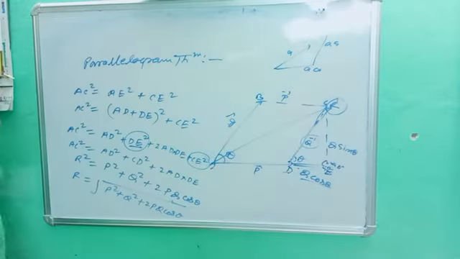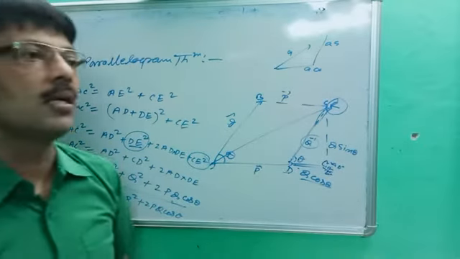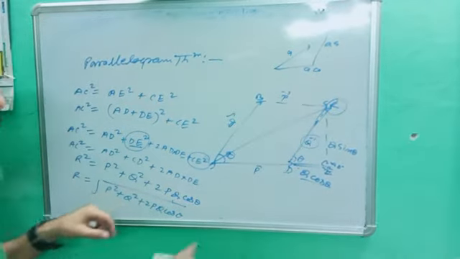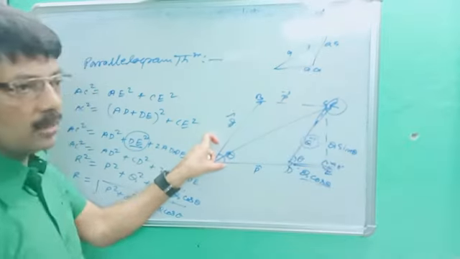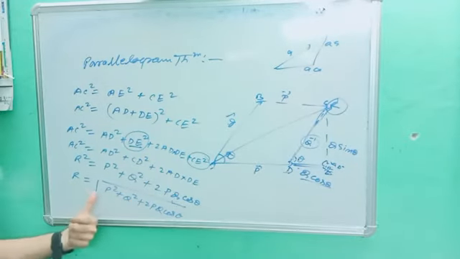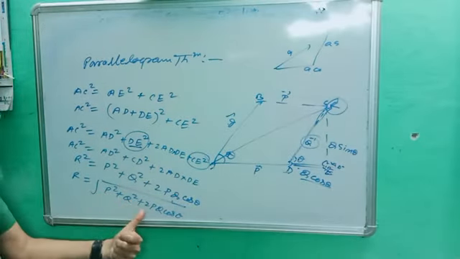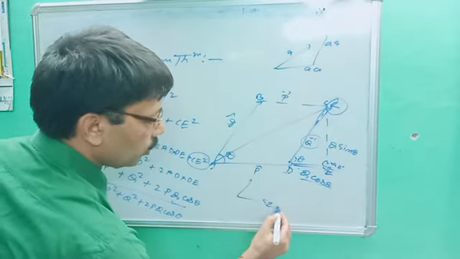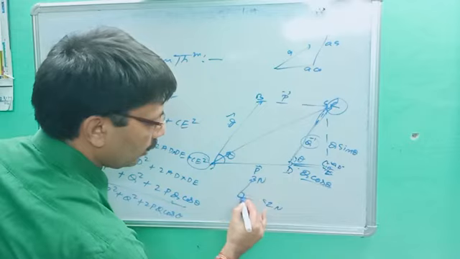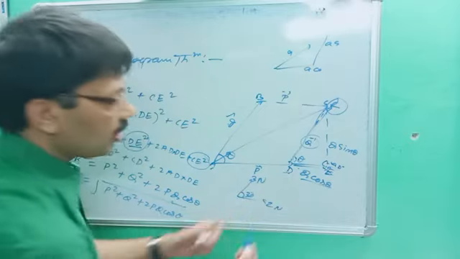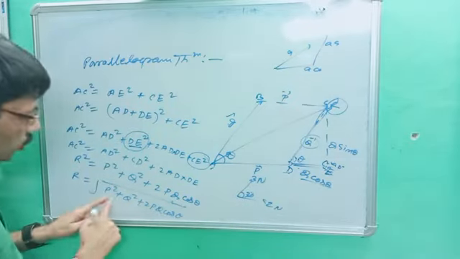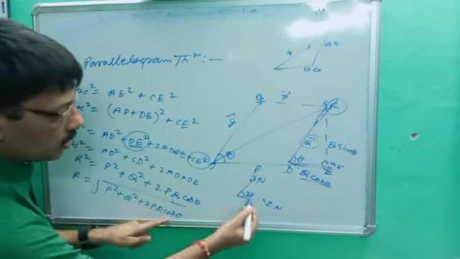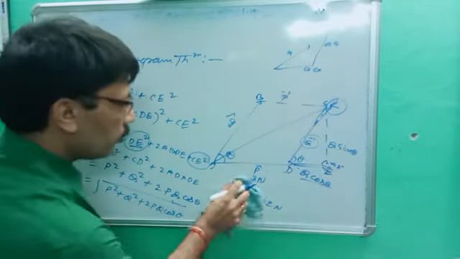This is the formula for the parallelogram theorem. Very, very important. This is the result. We need two things, result and direction. So the answer is very clear. If P and Q, two vectors, are inclined to each other by theta angle, then the formula becomes R is equal to under root P square plus Q square plus 2PQ cos theta. Let's suppose forces of 2 Newton and 3 Newton are acting at 30 degrees. If I ask what is the resultant force, directly we can take 2 square plus 3 square plus 2 into 3 cos 30. We can put the values and get the answer.